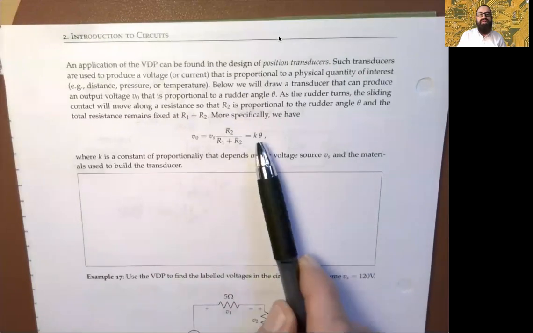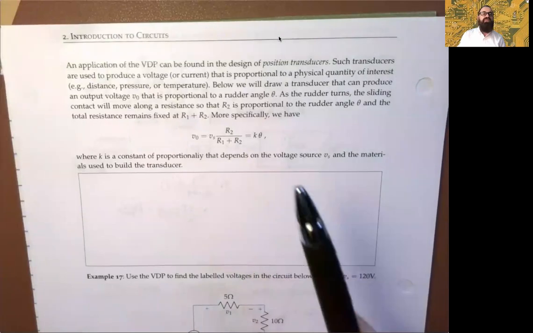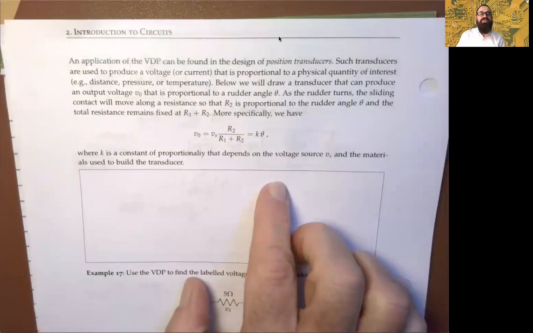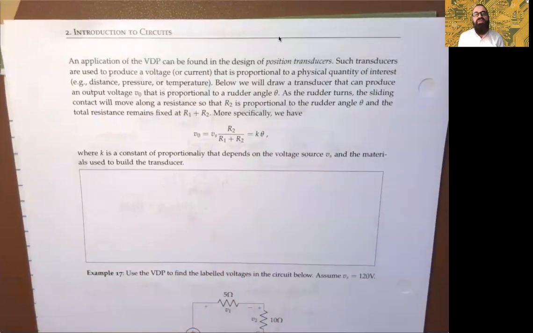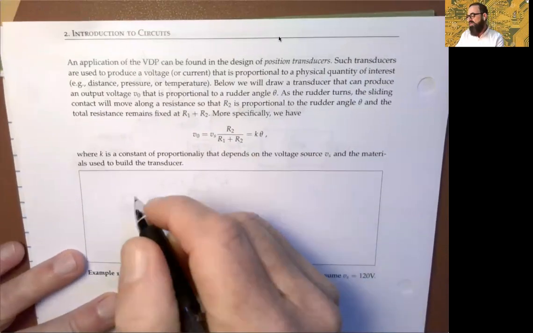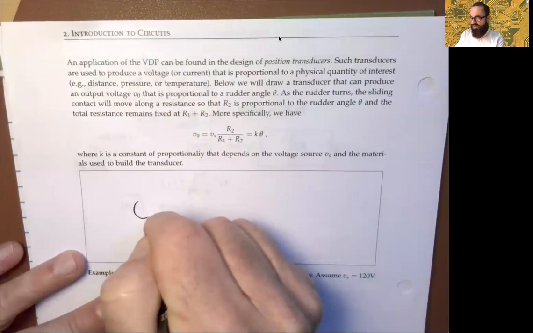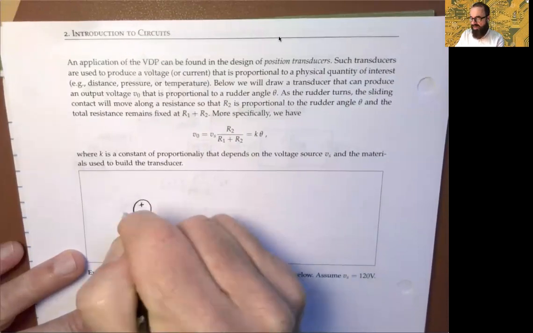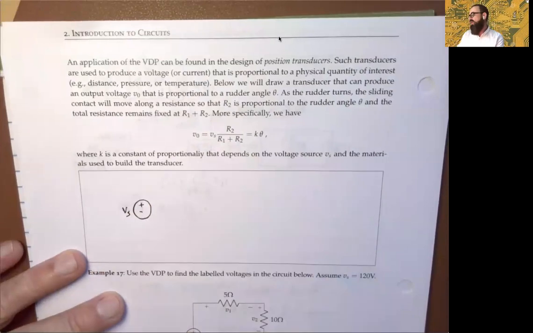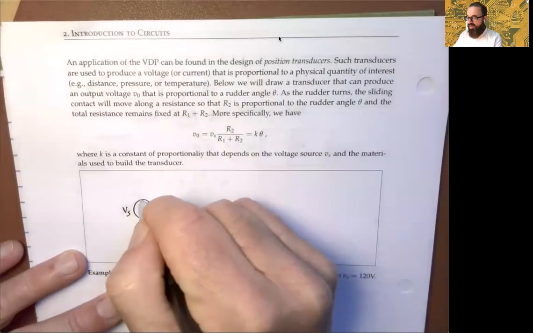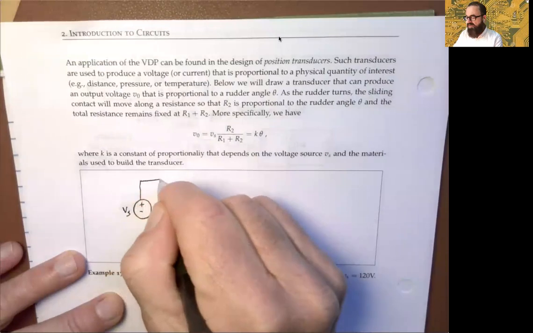And many times that can be represented also in this term physically as some scalar product of this rudder angle theta. And so K is some constant of proportionality that will depend on the voltage source and certainly the materials used to build the transducer. So to draw a simple illustration, take a voltage source. Let's let the polarities be top positive, bottom negative. And we're going to wire that up to